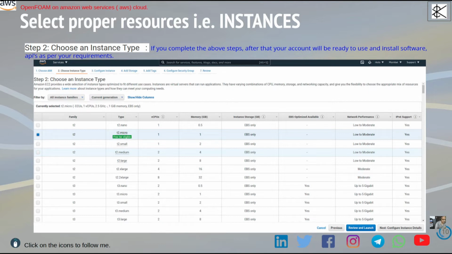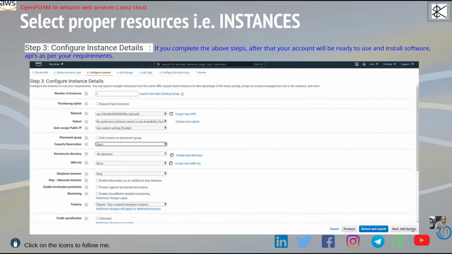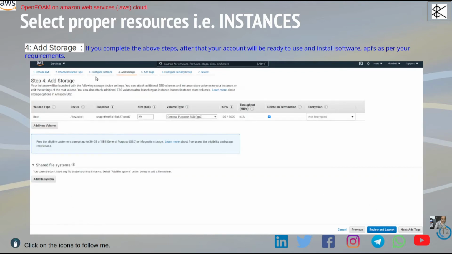Next, as you selected the instance type, you can go to the next step. By default you don't need to change anything here, just go further. Then you can add the storage.